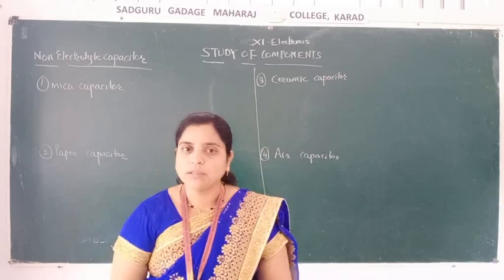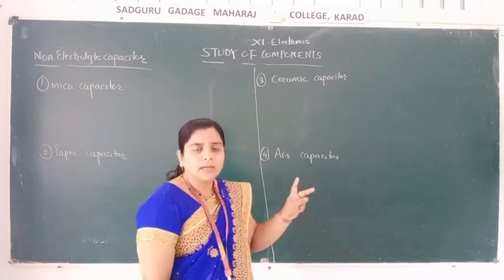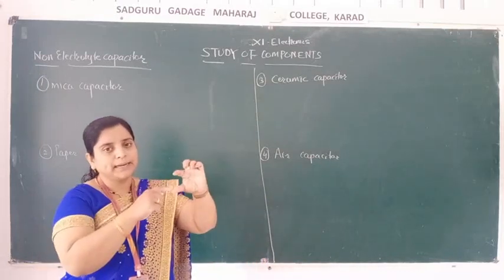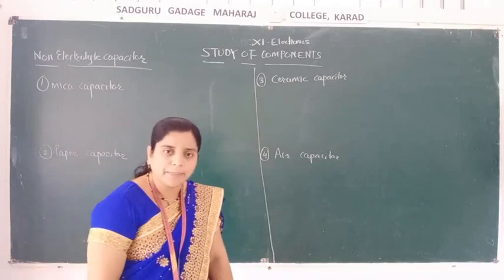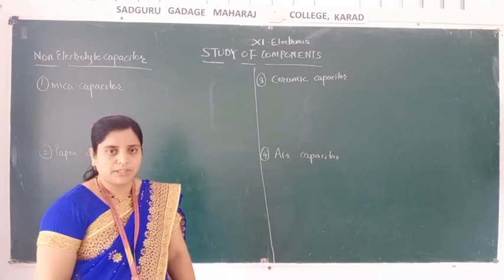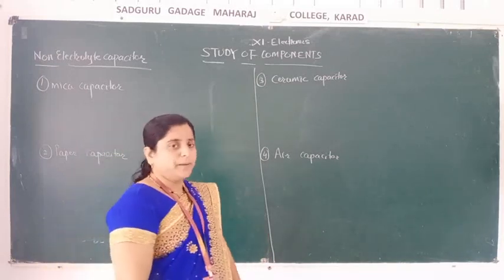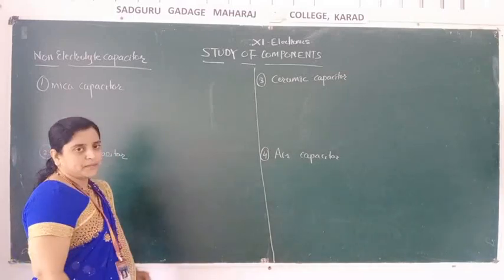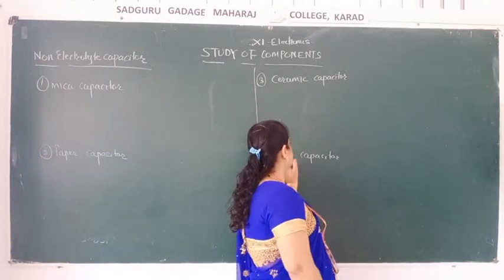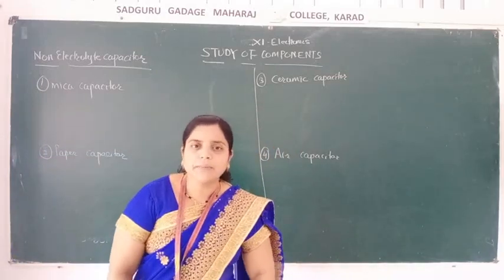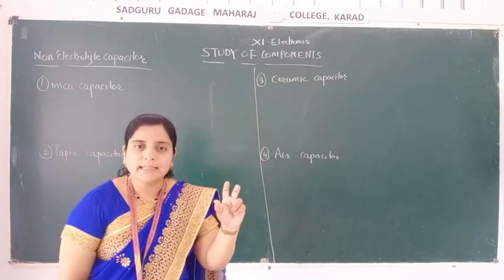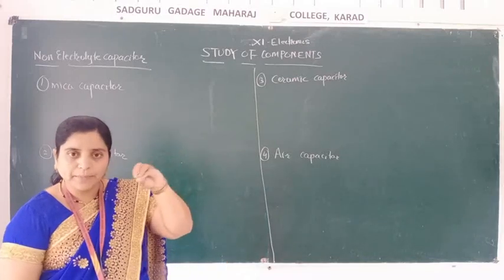Dielectric constant means what? It is an insulating material which does not allow current to pass through it. So these two plates are the conducting plates, but the material between the two plates is called the insulator or dielectric. One thing you remember, there are four types of capacitor, isn't it? Mica capacitor, paper capacitor, ceramic capacitor and air capacitor. So can you tell me what will be the dielectric for all those capacitors? Yes, the dielectric means the material between the two plates.